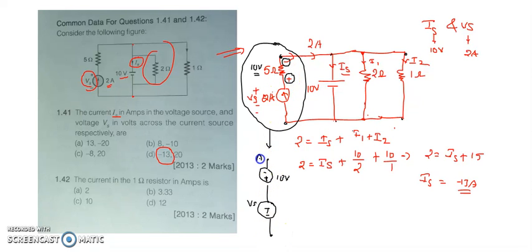Now if it is node A and node B, from here to here my voltage must be 10 volts. Why? Because both these two are in parallel. So to make both of these 10 volts, if you observe, my Vs is equal to 20 volts, and it becomes minus 10 volts. Why am I saying minus 10 volts? Because both these two are in opposite directions. Okay, or else you can check like this also.